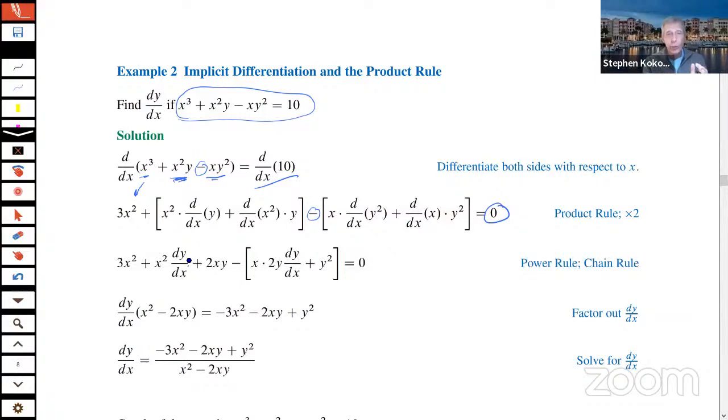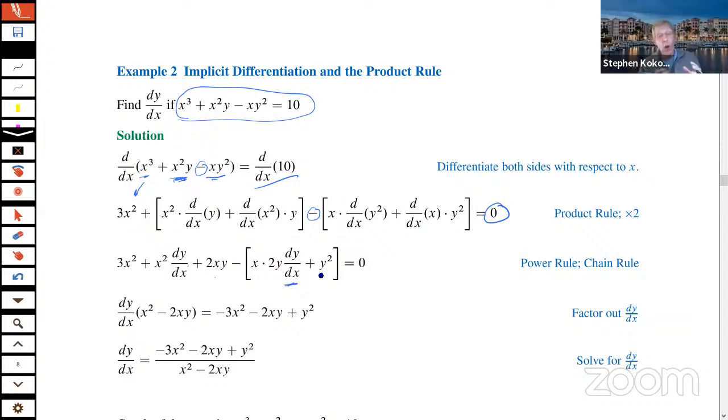Derivative of y, just y prime. That looks good. Derivative of x squared, 2x. Derivative of y squared, 2y. Don't forget the chain rule, y prime. Derivative of x is 1, and there's my y squared. Yikes. So when I get that far, after maybe a little bit of simplification, the standard technique here now is